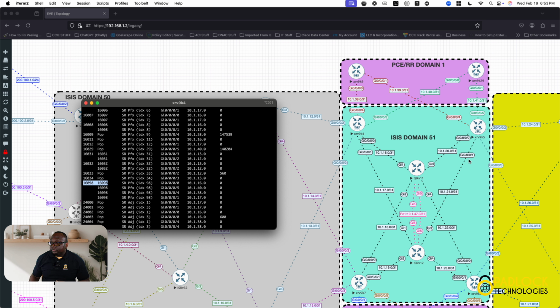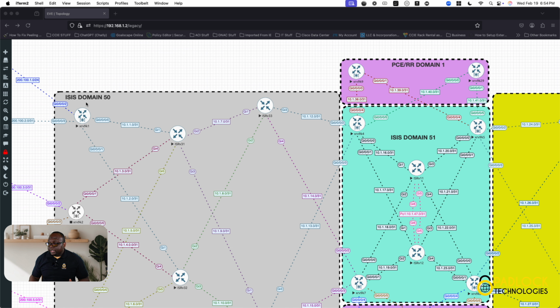So router 5's Anycast SID is 52 and 51. And then router 4 and 7's is the same thing, 51 and then 50. So we got that going on there. So now that we got the redistribution from a